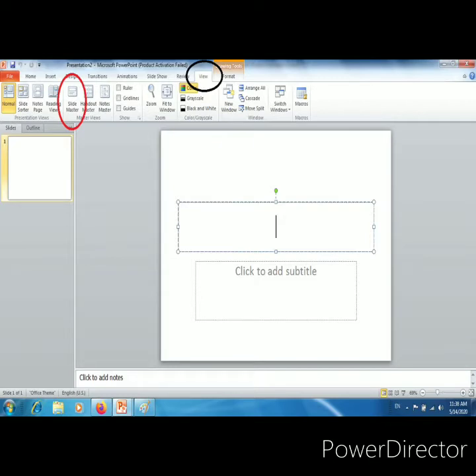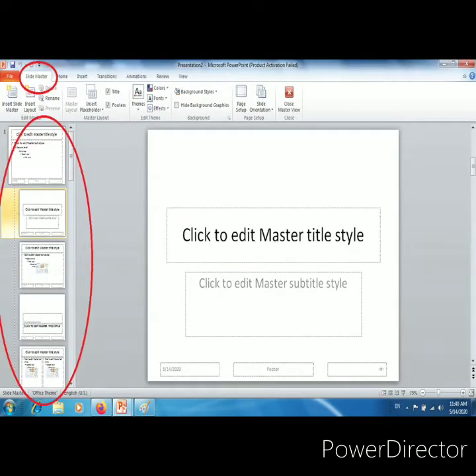After that, there is a Master Views option in which you get the Slide Master. Okay, and the view will switch to the Slide Master view, and the Slide Master tab will be selected on the ribbon. You can see this thing. In the left navigation pane, where you can see the red circle, scroll up and select the first slide. This is the Slide Master.